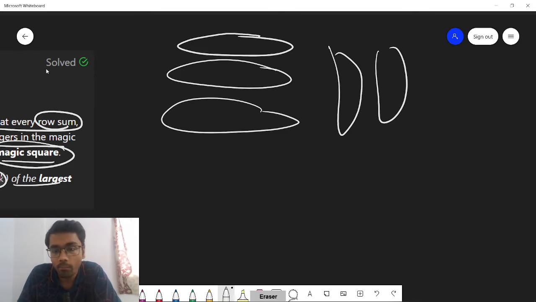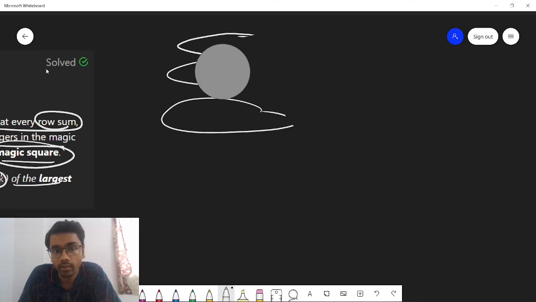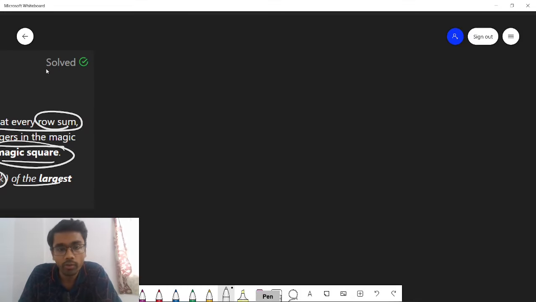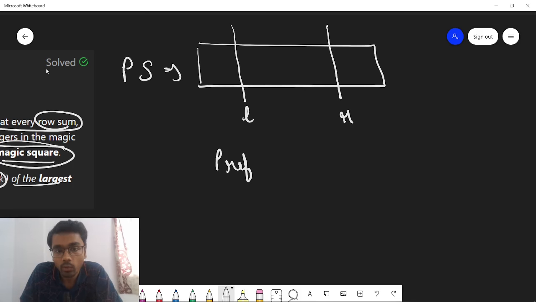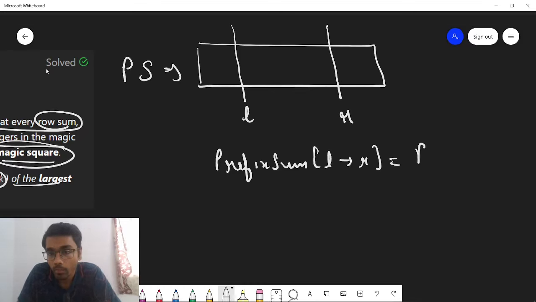So why not pre-compute this value and get this answer in O(1) time? What the prefix sum technique says is, let's say this is the prefix sum. If you want to get the sum from L to R, let's say this is L and this is R, you can get this sum from L to R using the prefix sum. You can get this by prefix sum of R